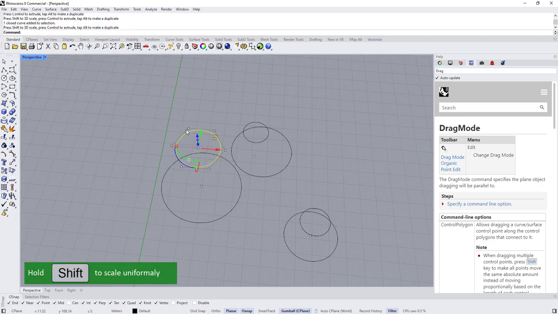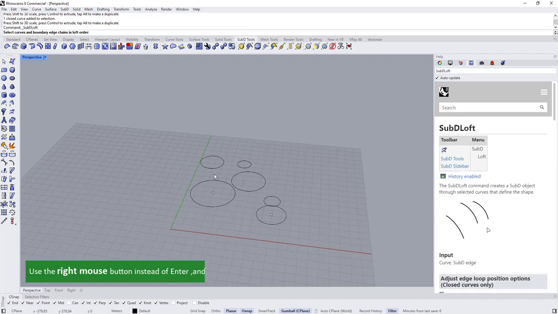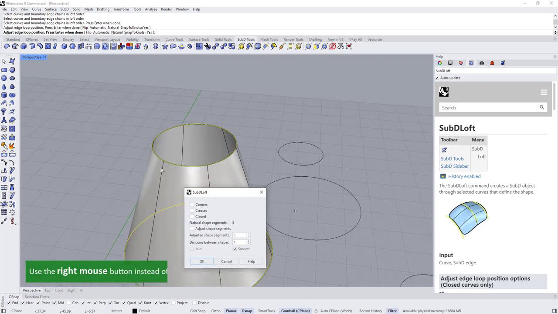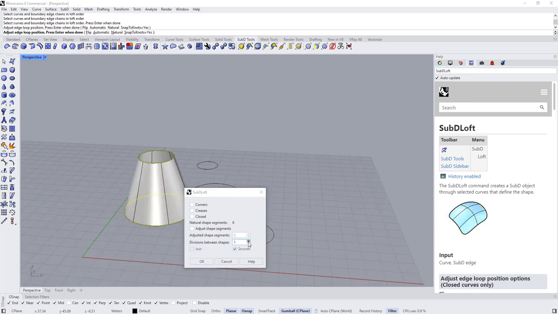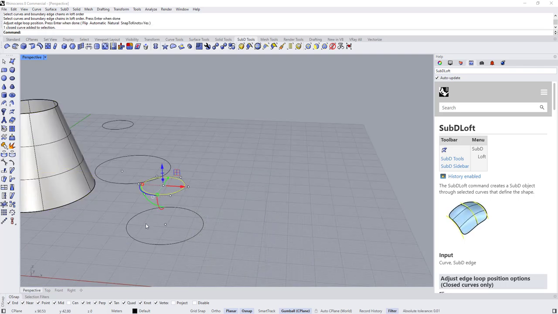I think this one needs to be scaled a little bit. So I'm going to SubD tools, choose loft. And since these curves are SubD friendly, we can select this one, and then right click. And as you can see, it's following the shape. I will add maybe 2 more segments here. So right click, this one,